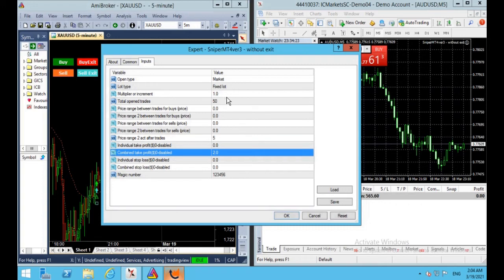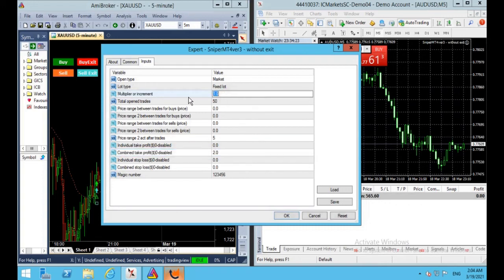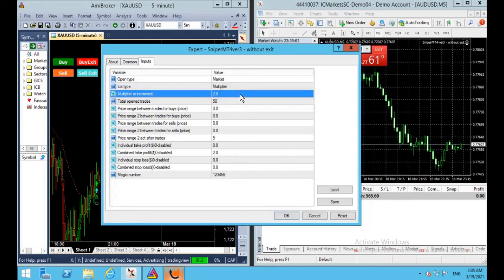I am selecting $2 here. Then multiplier or increment, let it be into 2, and for the lot type, whether fixed lot, multiplier lot or increment lot, let it be multiplier. You can use increment also. I will use the multiplier, that is into 2.